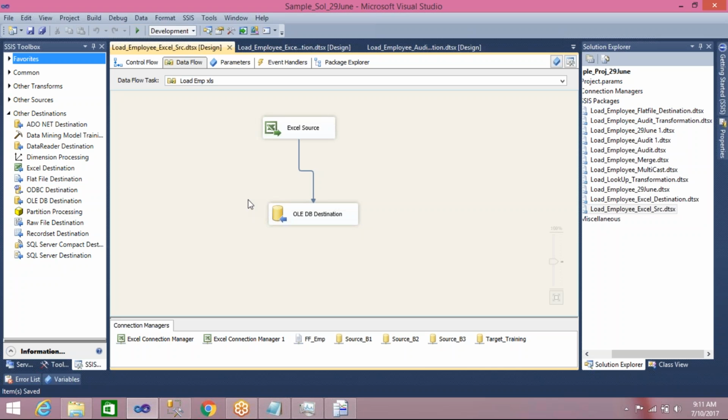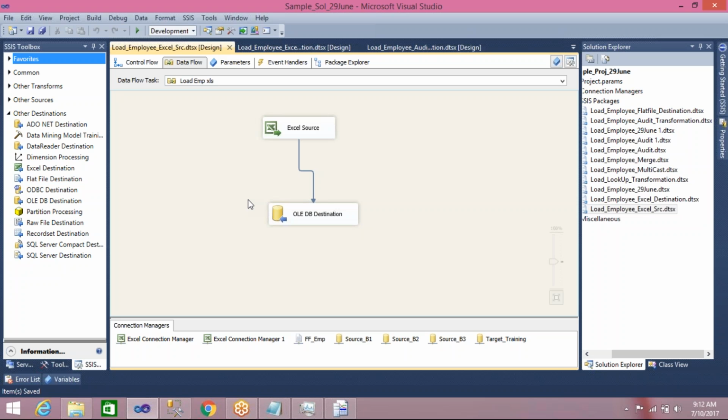Fail in the sense it won't start the package, because before starting the execution, it will start analyzing whether all the connections are properly configured or not, and if you specify any database object, whether that particular database exists or not. It's nothing but the package validation. First it will validate all the connections, table specifications and column specifications. Once everything is fine, it will start picking the data